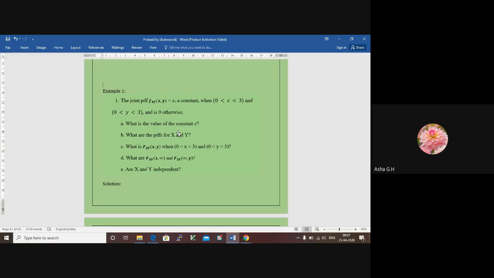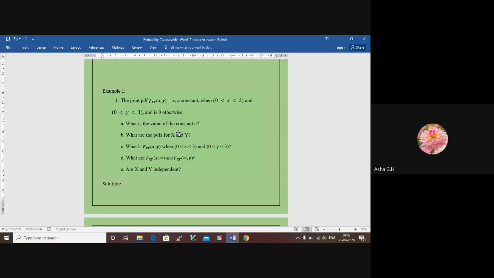I think people are experts in the probability part. Please try to look at some complicated equations also, because I'm just starting with a simple one. We don't know how many problems we can solve in class, but I'm planning to give it as a question bank or assignment later. So try to look at various books.